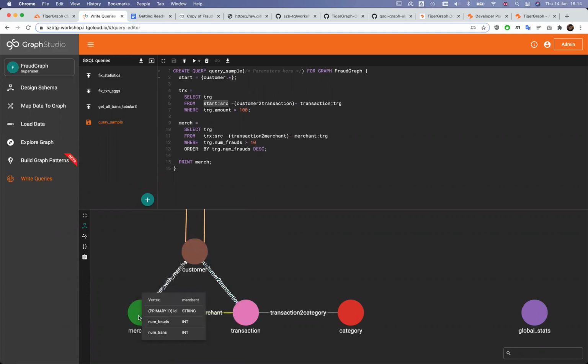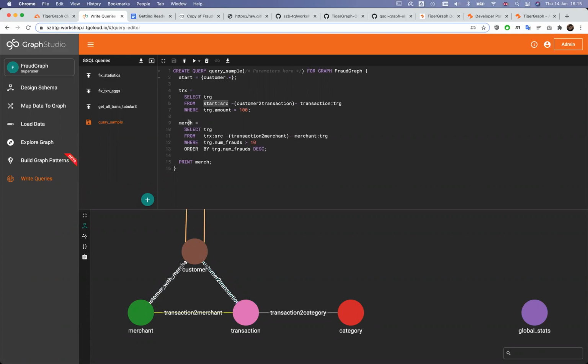And I would like to see the list of these merchants in an ordered fashion, ordered by the number of frauds they had, with the top victims at the beginning of the list. And this creates the third vertex set. This was the first one, the seed one. TRX is the temporary one, and the third one is the merchant. This is the answer to my question.